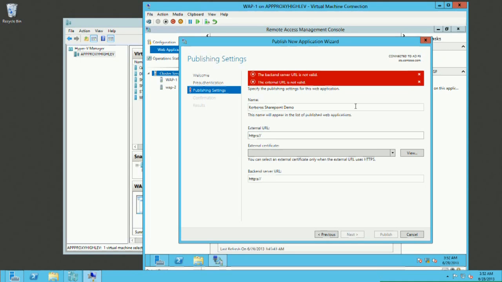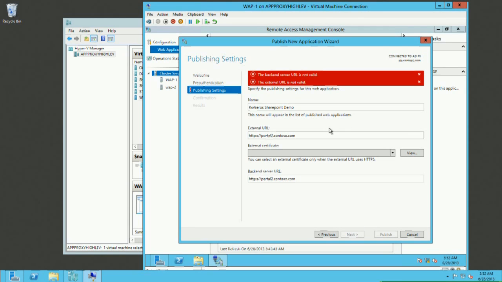You're about to publish something that's going to fail anyway in a few screens, but before you leave this screen, you should know there's a problem. There are two error messages here, one for the external URL and the other for the backend server URL. As I'm typing the external URL, it fails. Typically, people publish the same URL they have for the backend, so we help you type both. So let's keep going, and let's just call it